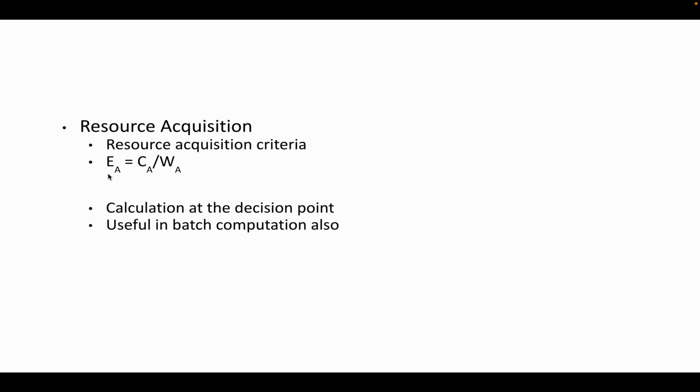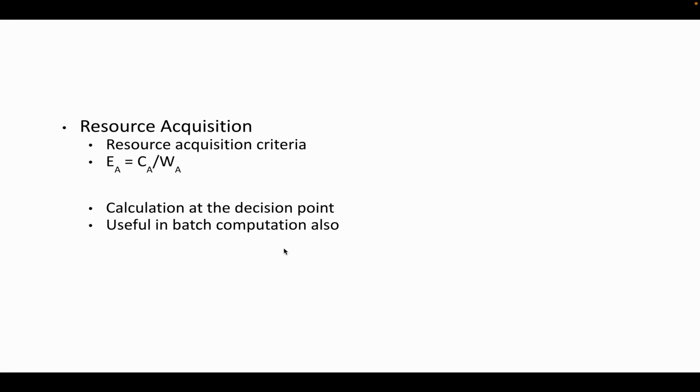At each decision point, we have a large bid price range. We tie these bid price ranges to instance types, and from all the combinations, we try to find the best cost per work. We compare this cost per work with the current spot prices, and if it is lower, then we do resource acquisition, otherwise we don't. This kind of algorithm can also be used in large batch computations.